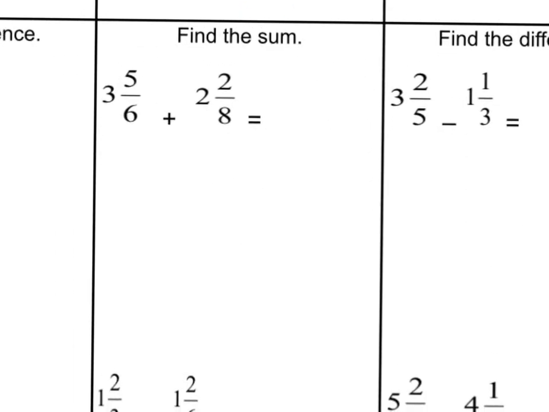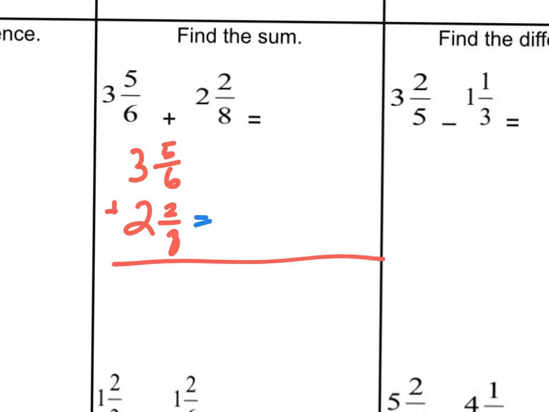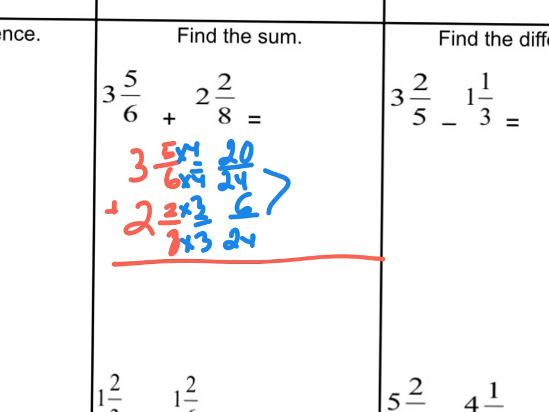For the next one, it says find the sum. Let's go and rewrite this to make it vertical. Here's 3 and 5/6 plus the 2 and 2/8. We need to get a common denominator. The one we'll use is going to be 24. This is going to be times 4 to give us 24. This will be times 3 to give us 6/24. When we add them, we get 26,